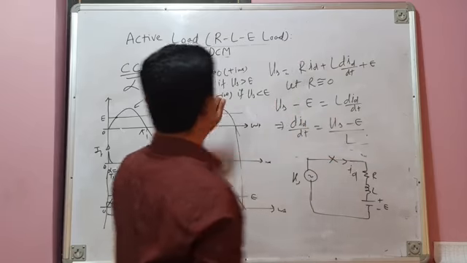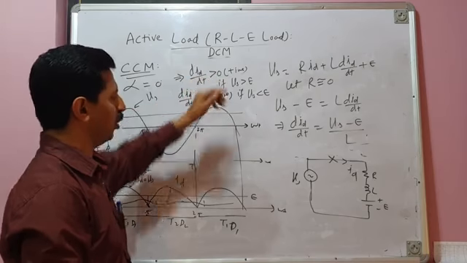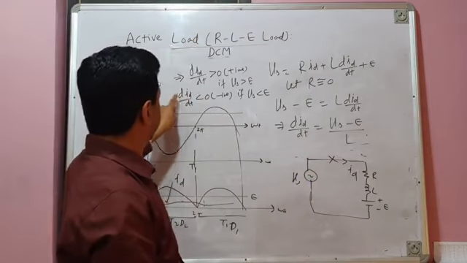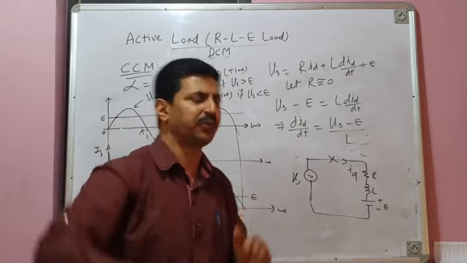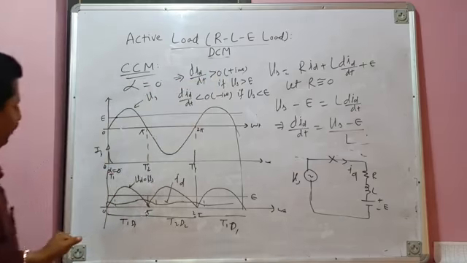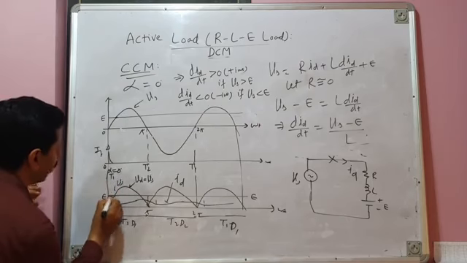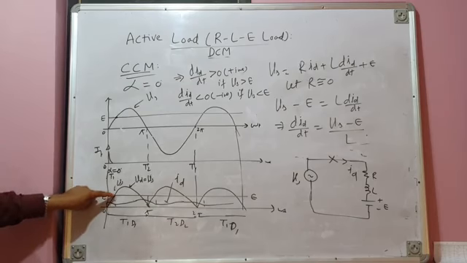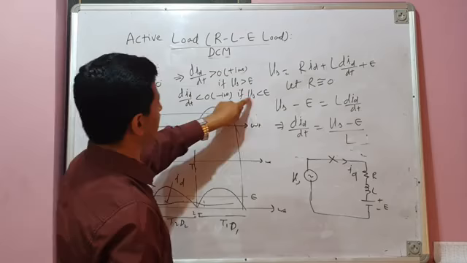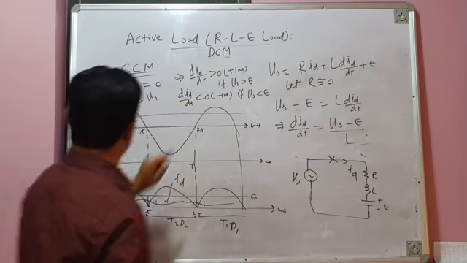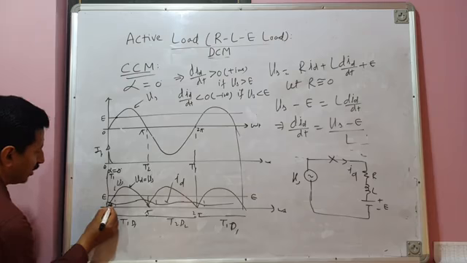If Vs is less than E, what is dId by dt? It is negative. Okay, so positive dId by dt, when dId by dt is greater than 0, means current is rising. And dId by dt less than 0, negative, means that current is falling. So apply this logic here. Now you can see this is E and this is your Vs. From this point to this point, which is more, E or Vs? E is greater than Vs. And when E is greater than Vs, or Vs is less than E, what is dId by dt? It is less than 0. dId by dt less than 0 means current has negative slope, current is falling.